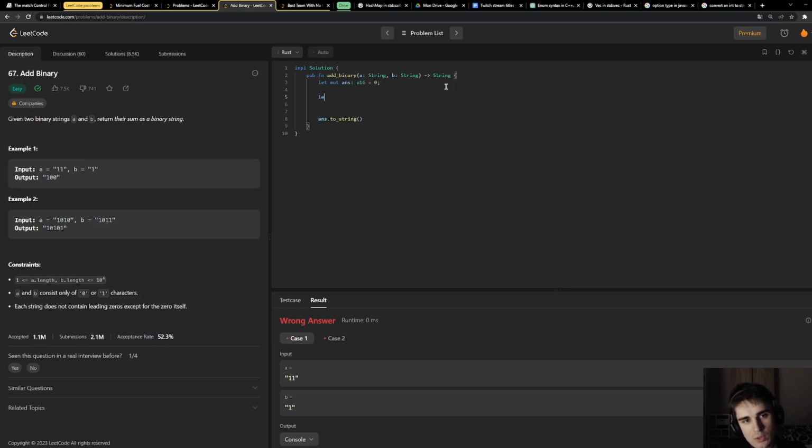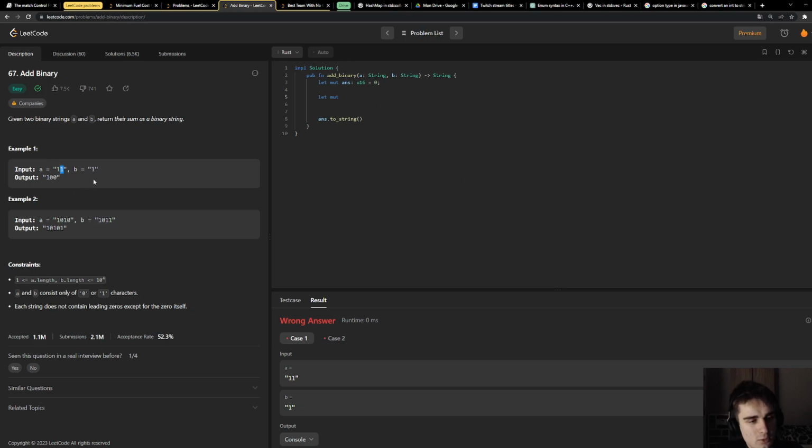Okay, so let's firstly define. The approach is to put pointers at the end of each string and iterate backwards. Have also a carry variable, and at each bit, if we still have bits left, we add them to the current sum.